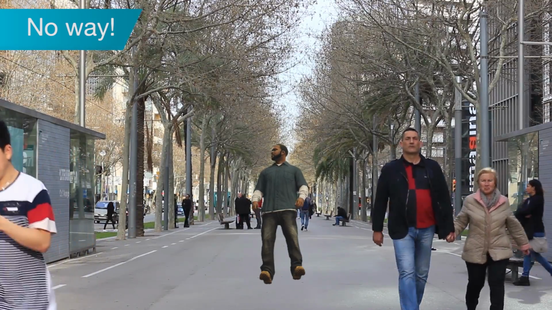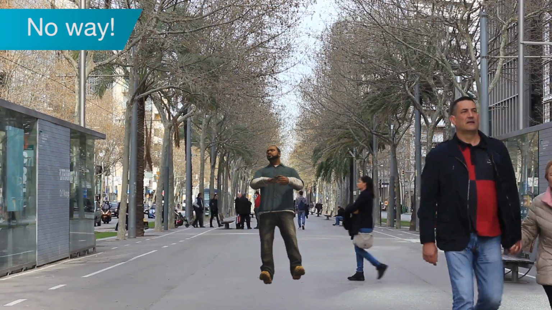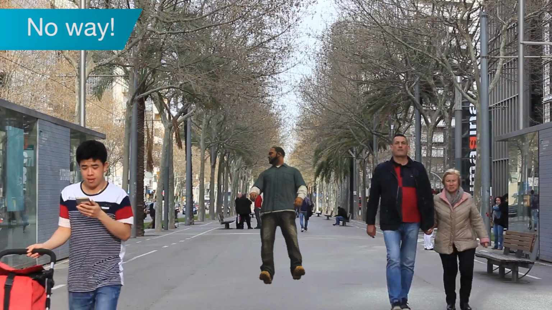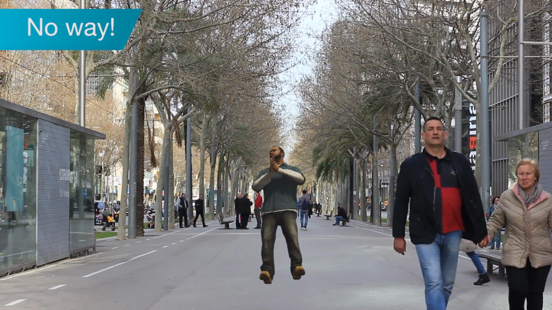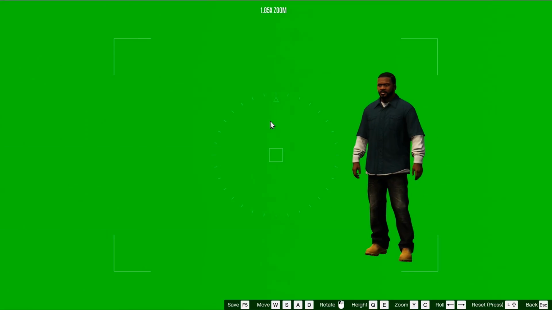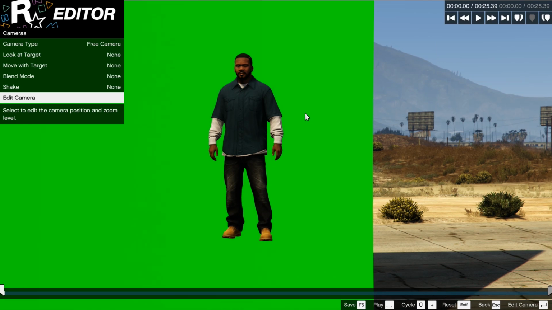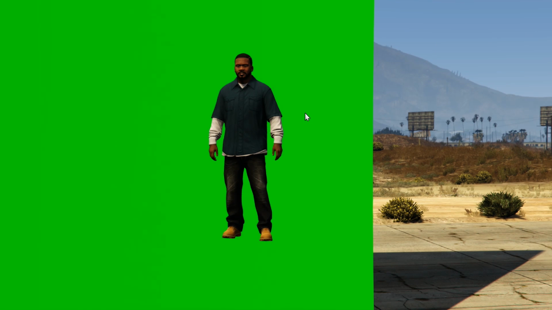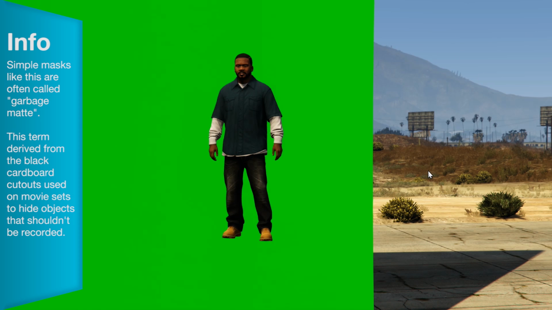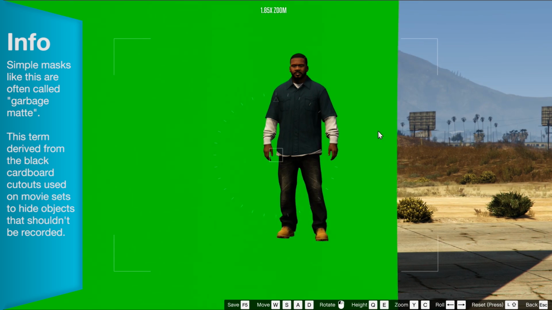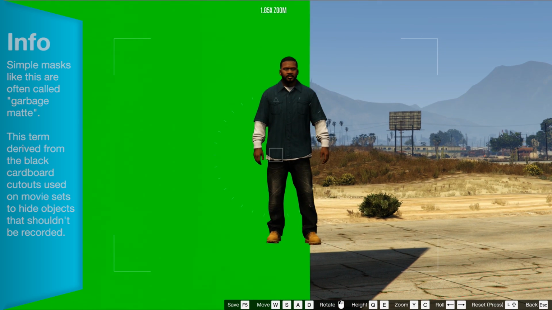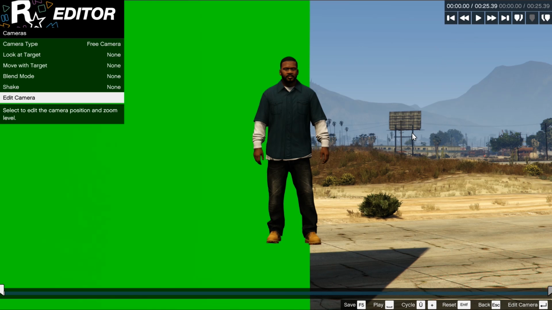It would make no sense to show Franklin from a slightly upward angled position right here, because the camera in the original footage was around head level or chest level. Secondly, you don't need to worry if your camera shot isn't completely filled with the green screen, as long as the object or person you are trying to key out is completely surrounded by green. For instance, this area around here can be keyed out with a mask later on, so you only need a rectangular mask. If, however, your character goes out of bounds on the green, you must either reposition the camera or build a bigger green screen next time.